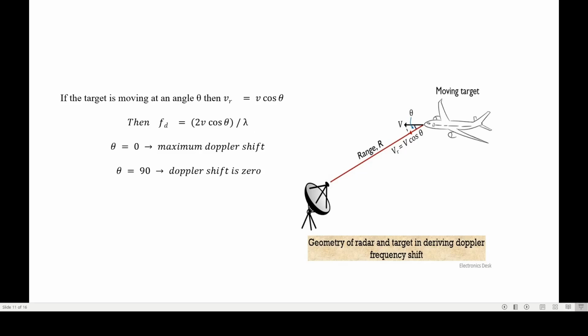Now, this is another scenario where Vr is equal to V cos theta, considering the adjacent element of V, V cos theta, which is moving towards the radar. So we can replace Vr in 2 Vr by lambda with V cos theta, and we will get the equation for the shift in fd. Then we can relate it with the angle theta: when theta equals 0, we will get the maximum Doppler shift, and when theta equals 90, we will get the